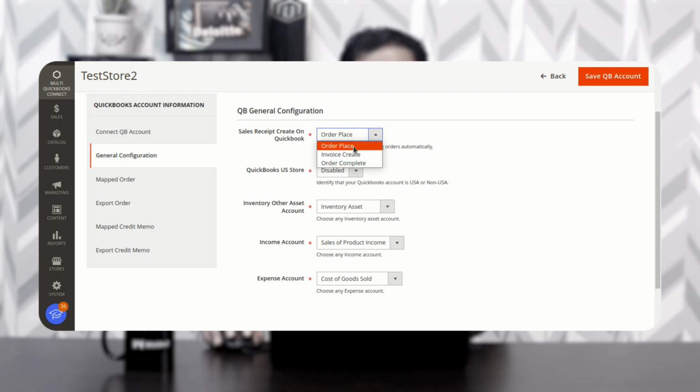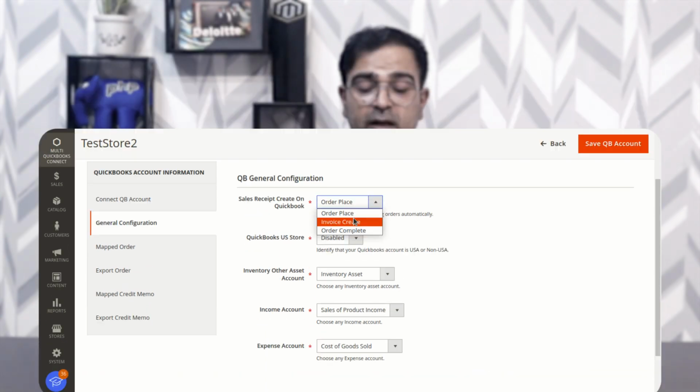Whenever an order is placed, at that time the sales receipt would automatically be created on the QuickBooks end, and the same goes with invoice create, when the invoice is created. For order complete, whenever the invoice and the shipment are completed, only then would the sales receipt be created on QuickBooks as per the requirement. For this demonstration, first, after going through all of these options,